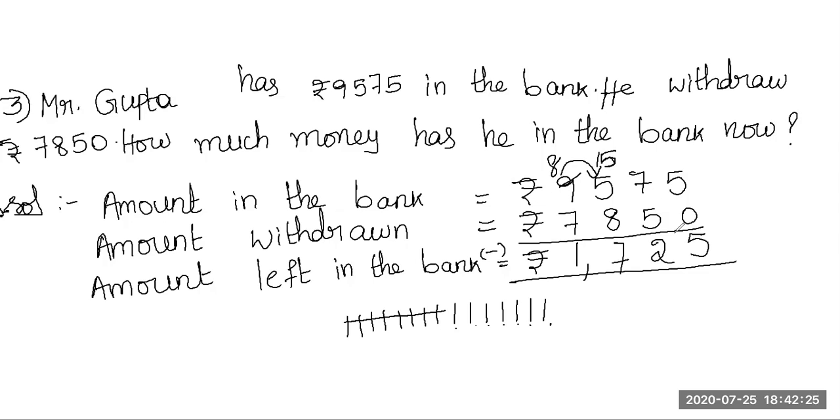1,725 rupees. Okay. So in this way, you people are going to solve the word problems. First we have to read the word problem carefully, and then we have to check is there any keyword. Like we wrote some keywords, but don't think that always only those keywords will come. Sometimes, like this withdrawn, general words also will come. So by using this, you all can understand.